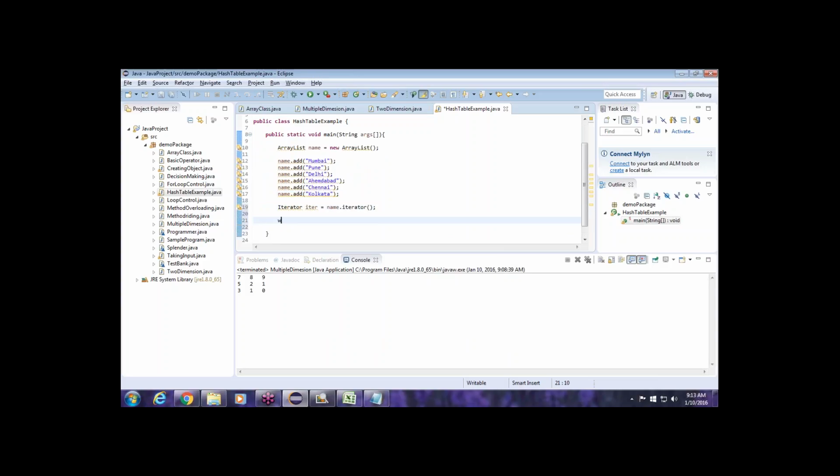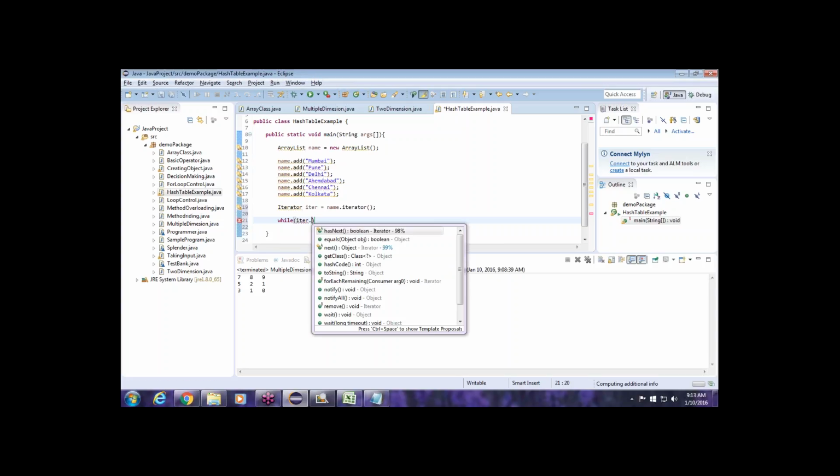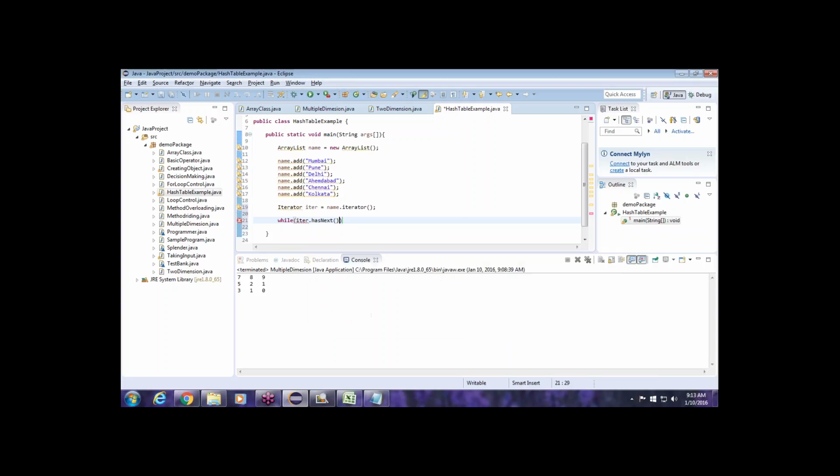After that we have to create a while loop, and you can use iter dot hasNext for verifying first. We can use this, and there will be some string object we have to create,